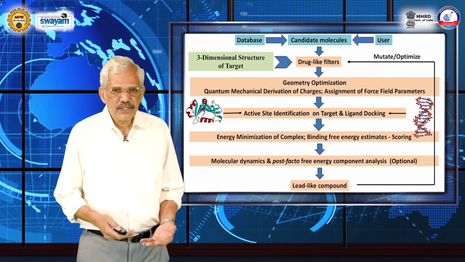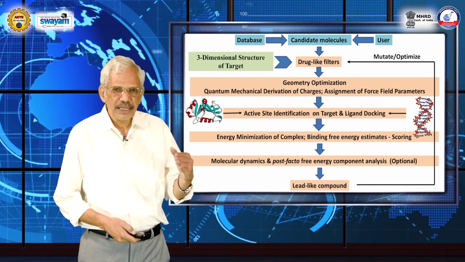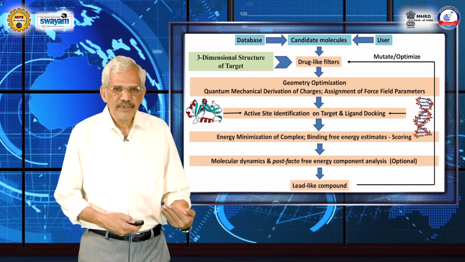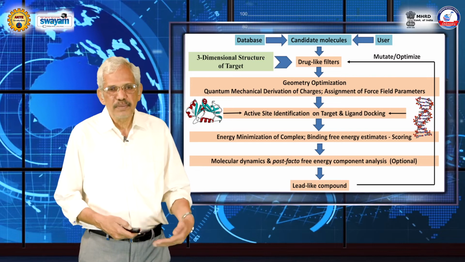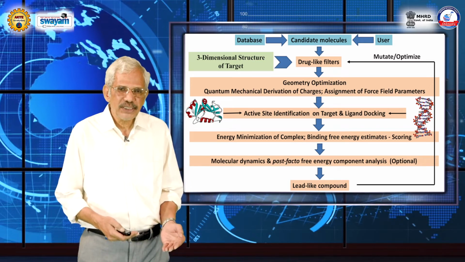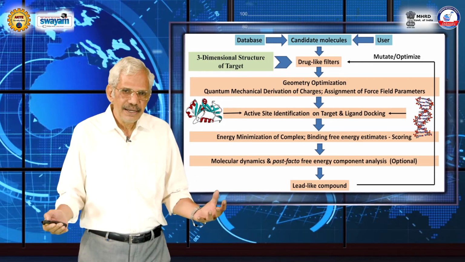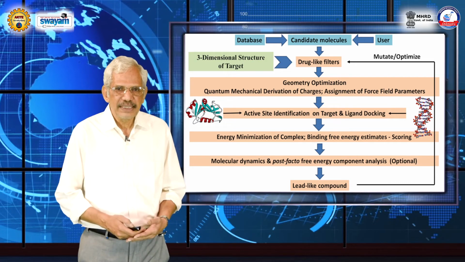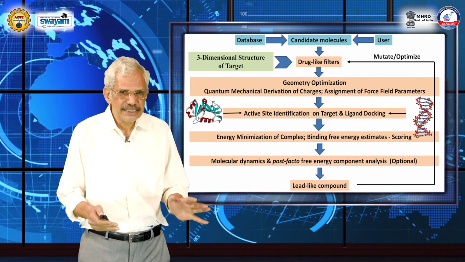So after doing the docking, then you want to score. Having docked, what is the best score, which molecule scores the highest, etc., in terms of binding energy. So we can do a binding free energy estimate. So that's called scoring. So after you've done the docking and scoring and you rank the molecules, take the best molecules and then do a molecular dynamics simulation, essentially solving F equals ma on the protein, the ligand, and the protein ligand complex. And then you can do a post facto free energy analysis and understand which molecule is most likely to be promising, which will stay.